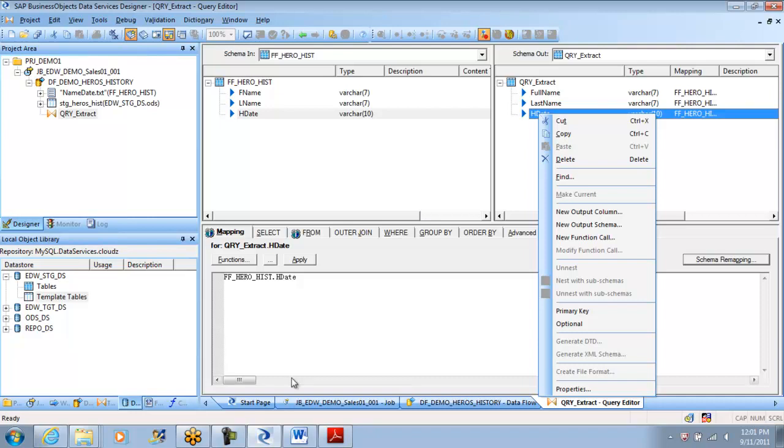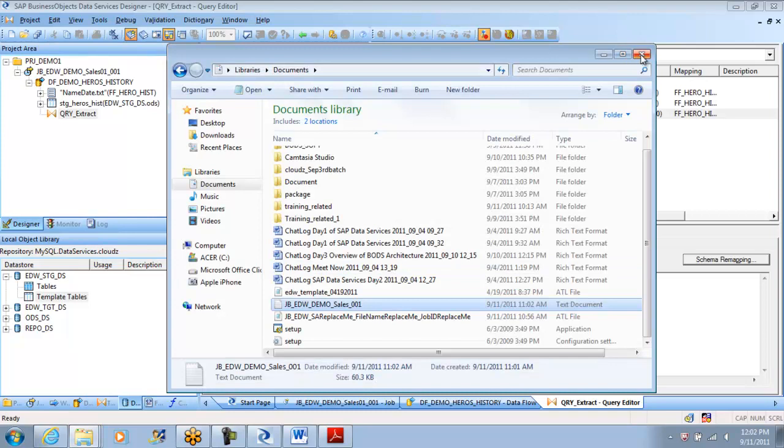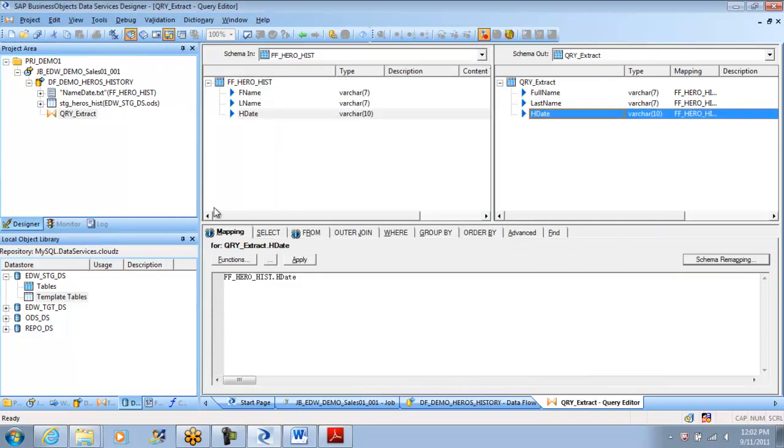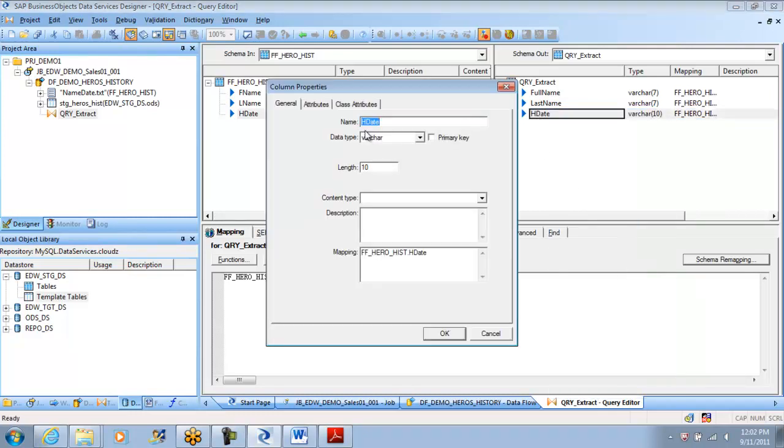I don't know what actually an H date is. History date? No. What could be an H date, guys? That's a good question for you now. So, history date, maybe hire date. Perfect. You are the right person. Yes, it is hire date. So it is about a company who has hired employees and we are putting the hire date there. So hire date. You are right.